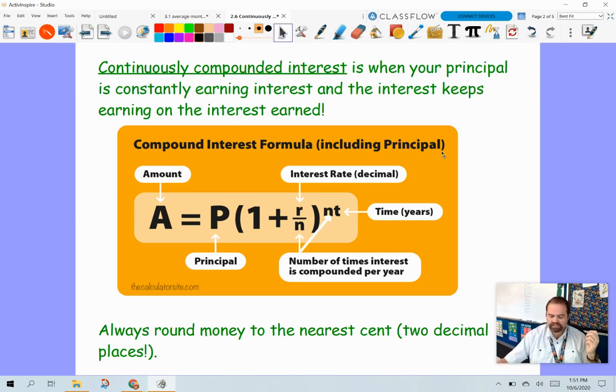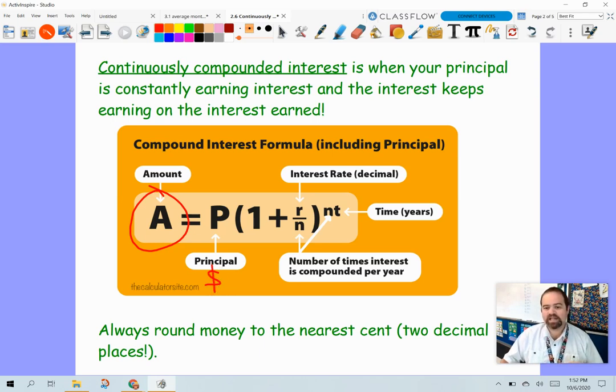So all the different pieces have different meanings. So we are going to be calculating the A. This is what we're going to be trying to find every single time. I don't want to press our luck and try and make it more difficult, like where you're trying to figure out how many times or how many years do you have to leave this money in the bank. So every single time we're calculating the A. The principal,